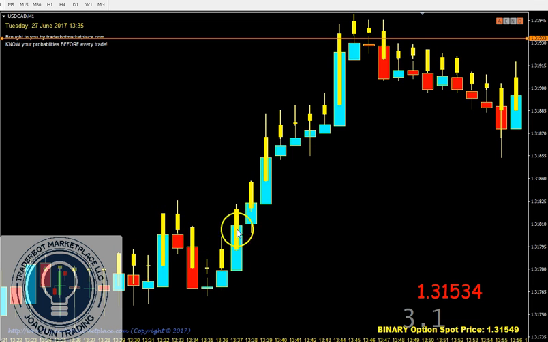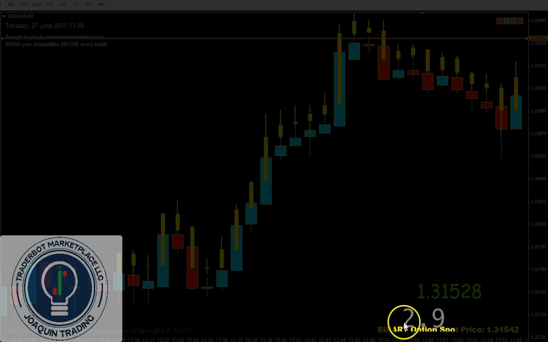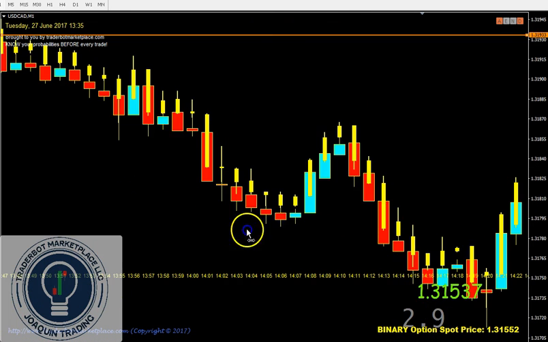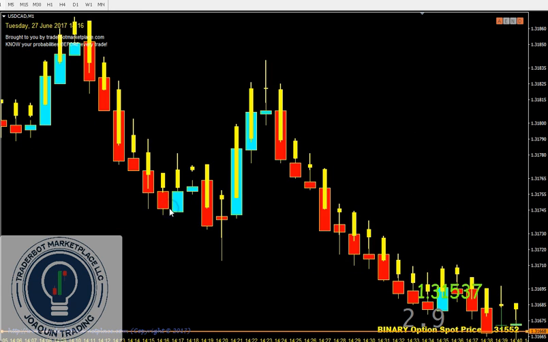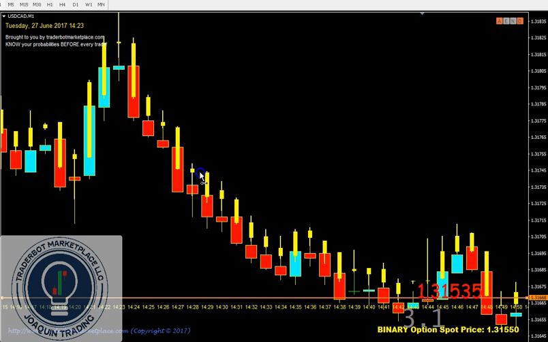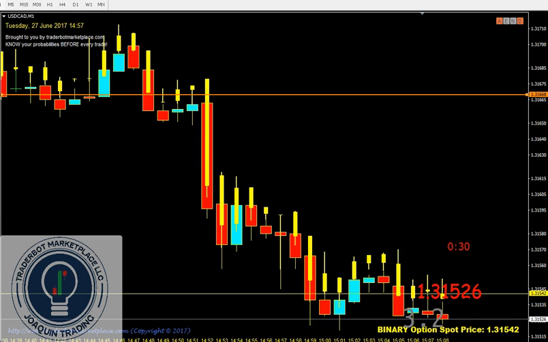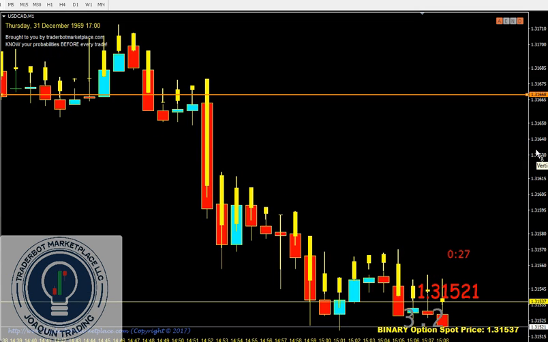But you can notice the binary options price is always going to be just a tick or two higher, or maybe a few pips or whatever, than the bid price. And how much higher? Right now it's 3.3 pips higher, 2.9 pips higher, 3.0 pips higher. So you can see this right here on your screen. And whenever you're trading binary options, especially on like 5-minute binaries, it's imperative to know this. On hourlies, it really doesn't matter too much because of the way the strikes are structured. But on smaller time frames, you better know your bid ask, because they could be huge in comparison to what your actual binary options price is.